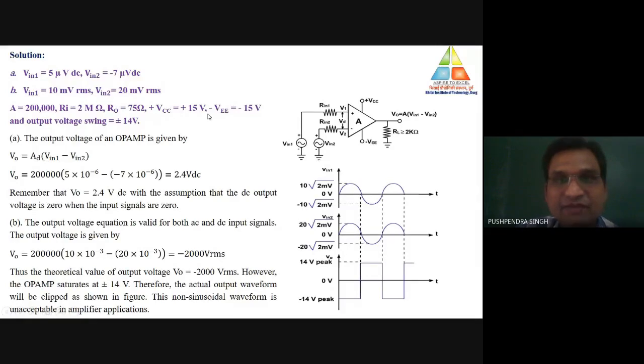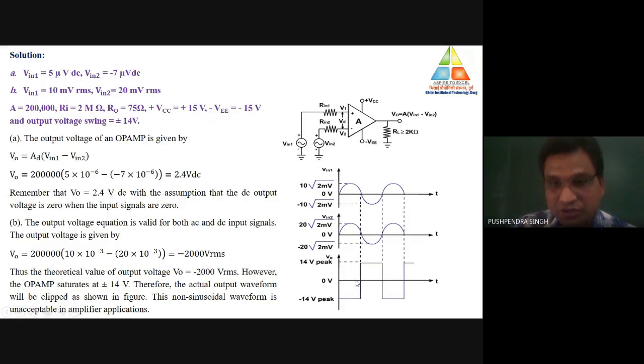What is the value of supply voltage? The supply voltage is plus minus 15 volt. That means at max, how much voltage can be generated with the help of an operational amplifier? At max, it's the saturation voltage. Already I told you, in an operational amplifier the maximum voltage that can be generated is the saturation voltage. What is the value of output here? It's 2000 volt. What is the saturation value in case of plus minus 15? At max 14.3 volt.